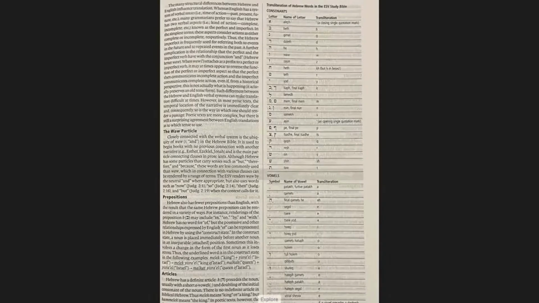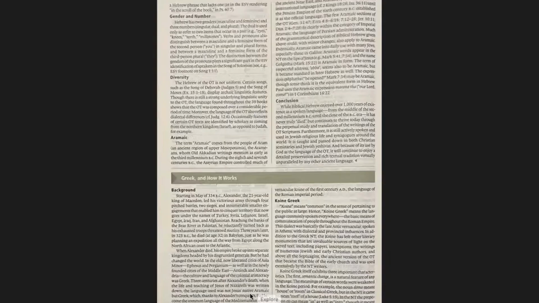So the last sentence we were reading: in poetic texts, however, the definite article is used more sparingly, and it is therefore sometimes legitimate to use a definite article in translating a Hebrew phrase that lacks one, as in the ESV rendering of "in the scroll of the book" in Psalm 40, verse 7. So the Hebrew probably reads "in scroll book," because it doesn't have an of, right?